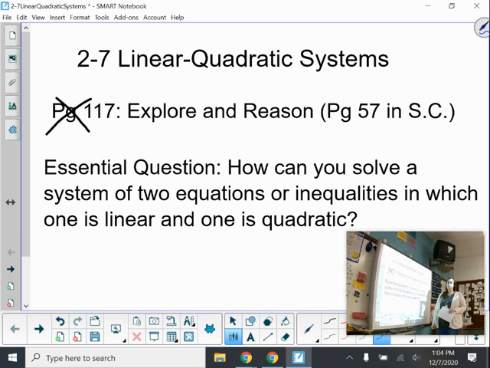Our lesson for 2-7, linear quadratic systems. As you can see for this one, we are now going to be doing the explore and reason. We're just going to jump right into the lesson. And there are a few things that I'm going to be skipping from this lesson that you can read over